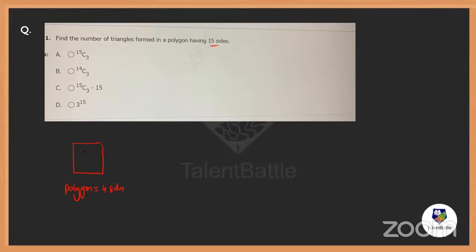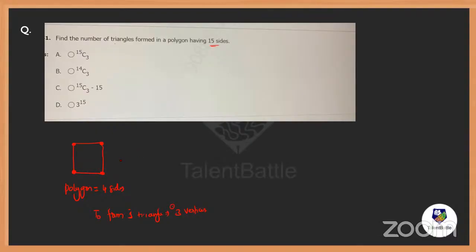Now tell me, everybody, how many triangles you can form? First, tell me, to form one triangle, how many points are required? Everybody, how many points are required? Tell me. How many points or how many vertices are required? Exactly, I require any three of these four vertices. Three vertices I require. Correct, everybody? To form one triangle, I require three vertices. Means there are four such points. Out of four such points, how many triangles you can form?